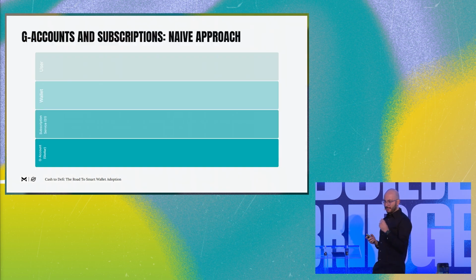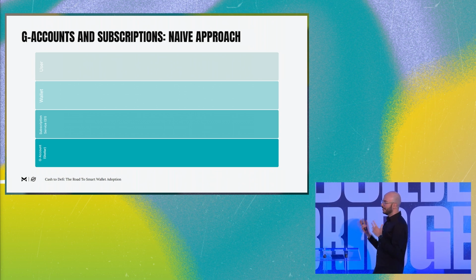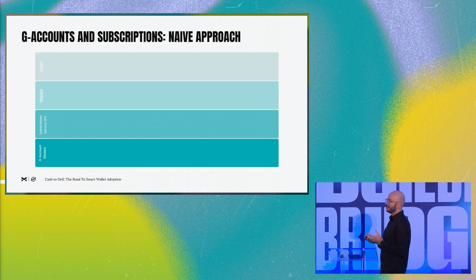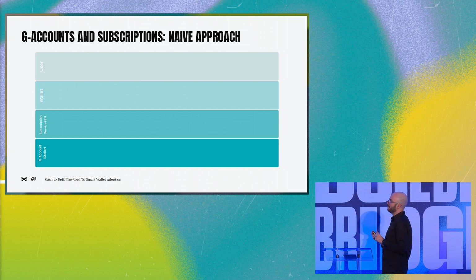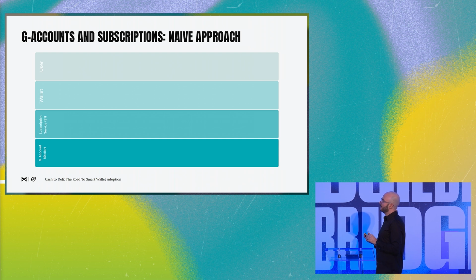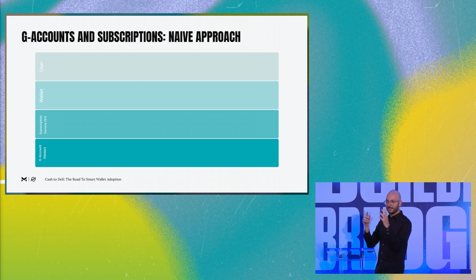So I think it's very timely that I'm talking about this after Tyler, right? Because he mentioned the subscription idea, and I'm going to walk through how this could work in practice in a scenario where you want to use your G account as a way to subscribe to, say, a streaming service. I know that the contrast isn't great there, but there are 4 swim lanes, which are the different parties that are involved in a flow like this.